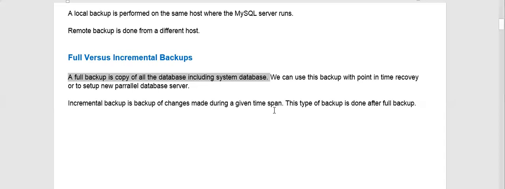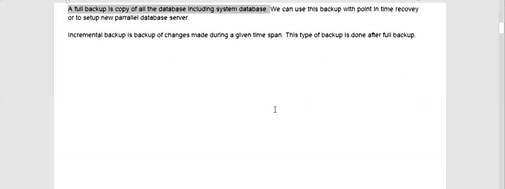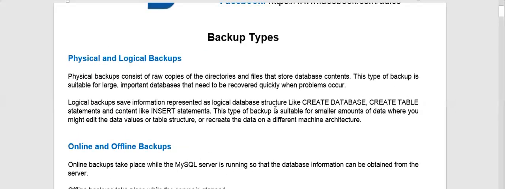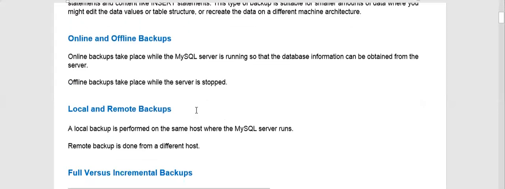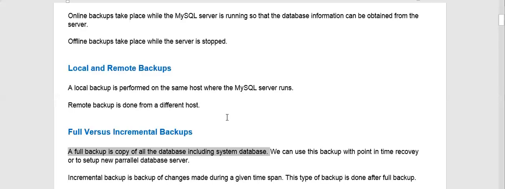Okay. So these are some backup types. We discussed physical and logical backup, online and offline backup, local and remote backup, and full versus incremental backup.